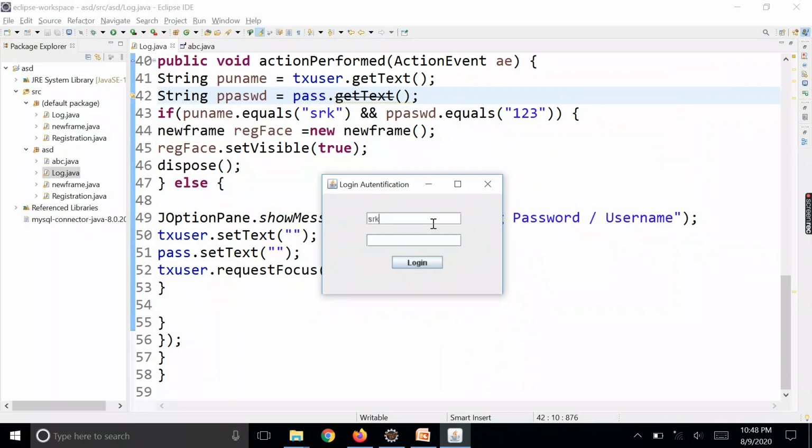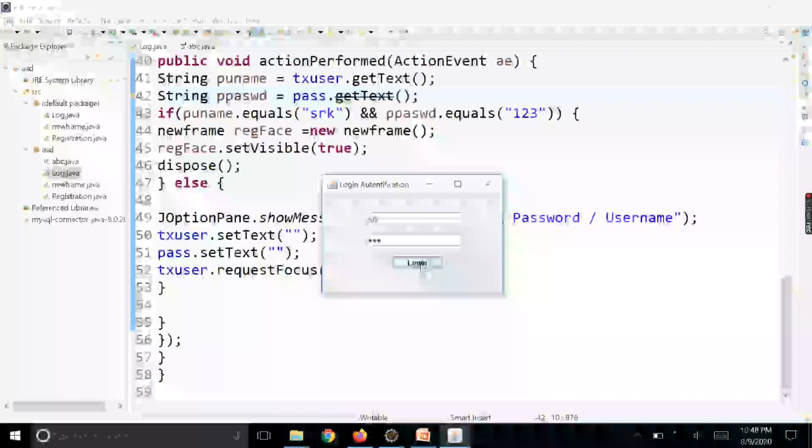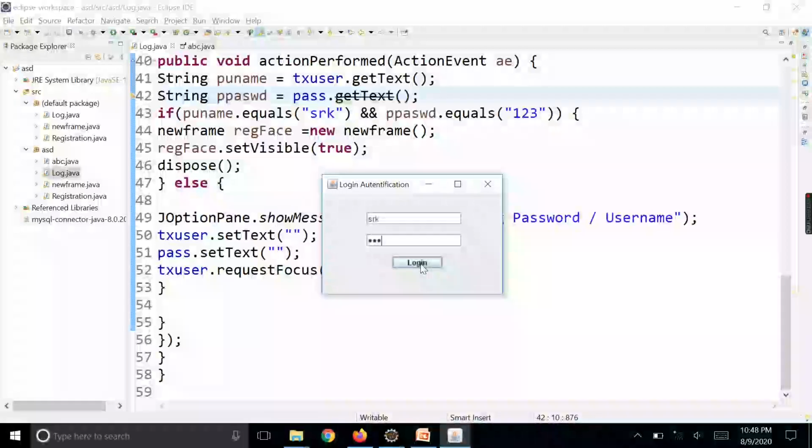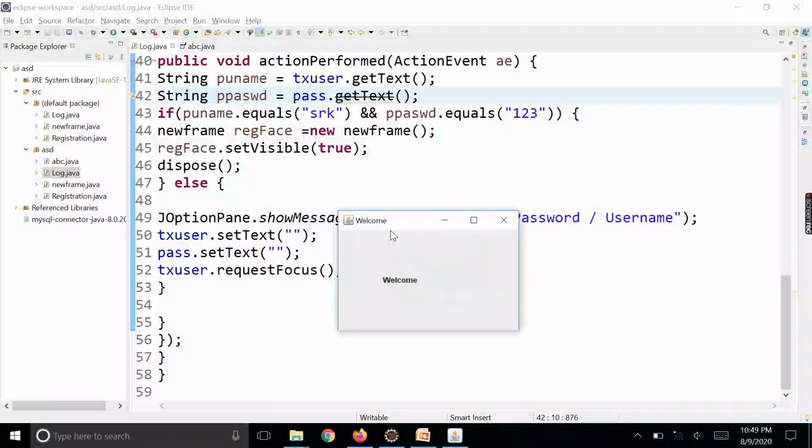Then if I write the correct username and password, then what will happen? See here, it displays the welcome message. So this is the new frame, visible true, right? And using the dispose method, the earlier frame disappeared, right?